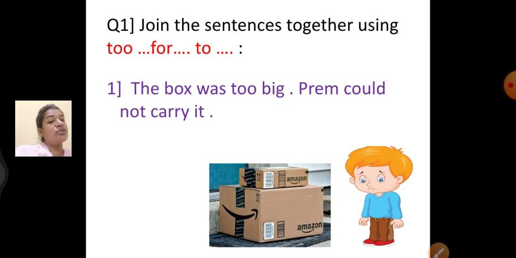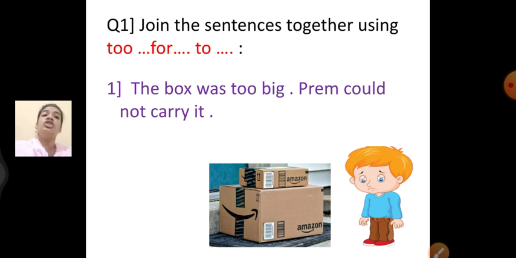Okay, now what is 'for'? Now 'for' is used as a preposition and it is used to indicate the person or thing that something is sent or given to, or that indicates something is meant to be used with. Now what is 'to'? 'To' is an adverb and it is also used as a preposition as well. Now it is used to indicate place, person or thing that someone or something moves towards. Now we will understand this with an exercise, how to use these 3 words in the sentence while joining the sentence.